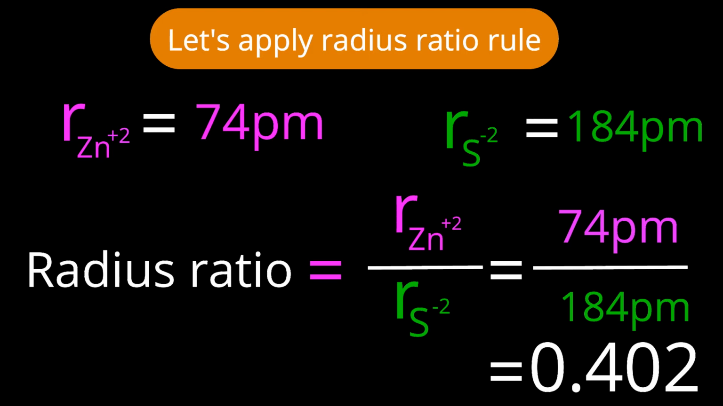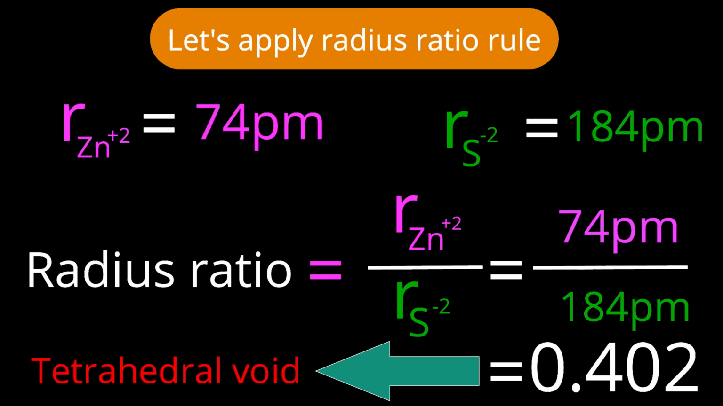Remember the tabular form for the radius ratio rule. What does it signify? Since the ratio is between 0.225 to 0.414, the void category for the cation will be of the tetrahedral kind. So the sulfide ions will arrange in such a way that there will be tetrahedral gaps for zinc ions. So the zinc ion is occupying a tetrahedral void. Are you following this prediction from the radius ratio rule? Let us validate